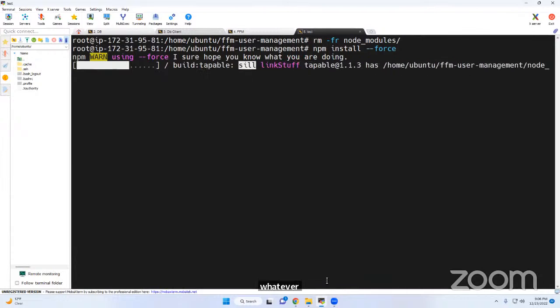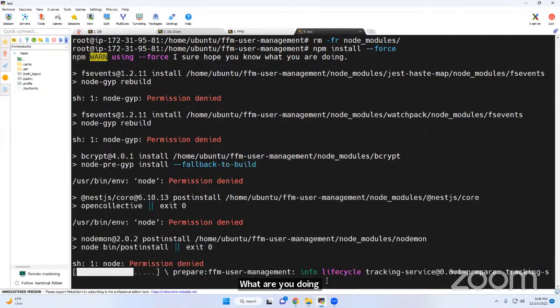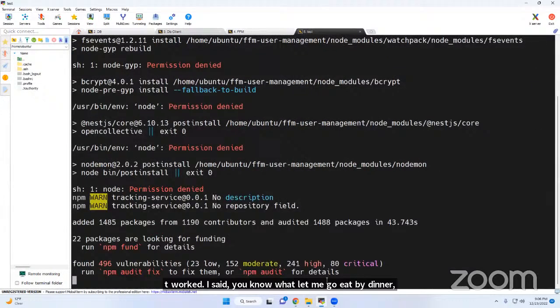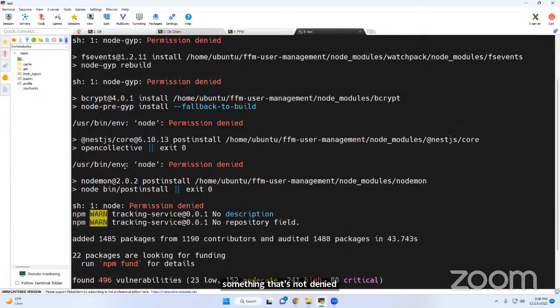I said, you know what? Let me go eat my dinner and come back to start working on it. After that it didn't work. It's again facing the same issue. In the package there is something like node-gyp that is denied. So what is denied? The user being